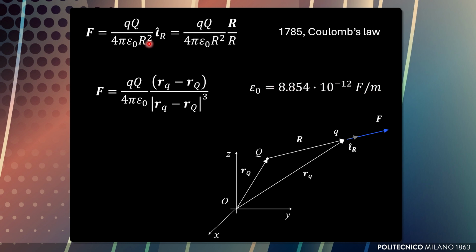We have the square of the distance between the two charges, and we have a unit vector that points from the origin of the force, capital Q, to the probe of the force, which is lowercase q. If we had to express the force on capital Q due to lower q, we would simply have to change the sign of this unit vector. The various parameters that are shown in this slightly more general expression are also displayed in this picture, in which we see the position of the source charge, the position of the probe charge, and the direction of the force.